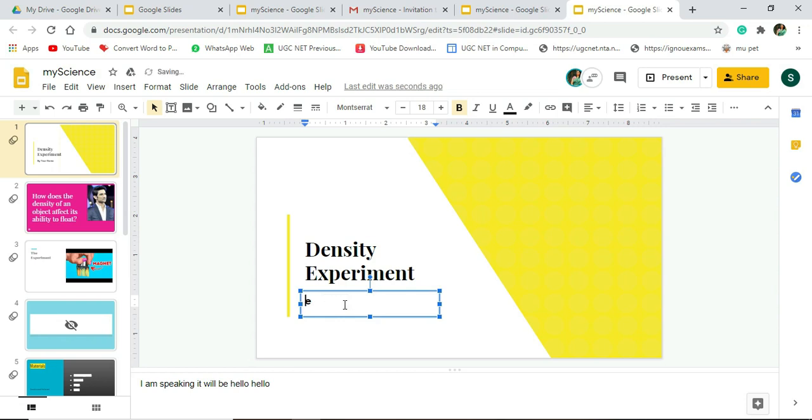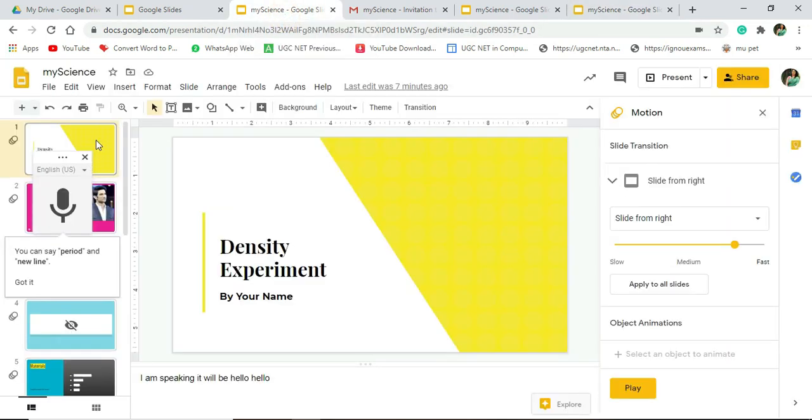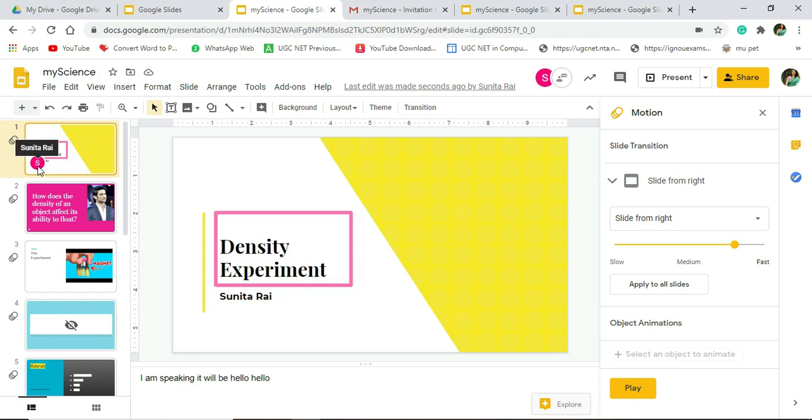Now I'll go to that person's slide, and let me move to the first PPT. So you can see Sunita Rai has been reflected over here. Now it is showing this S also, who has edited the part has also been shown over here.